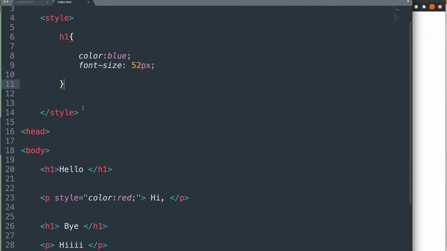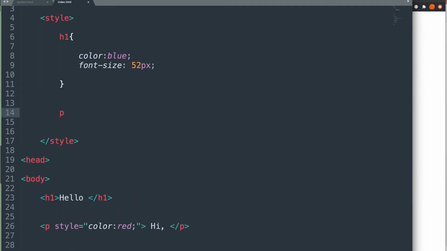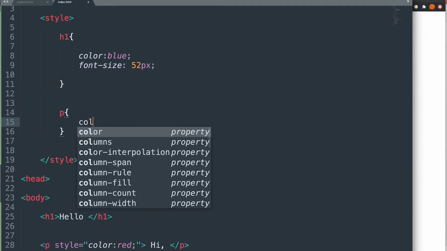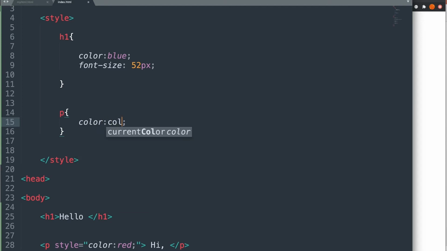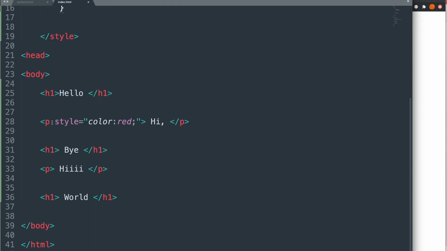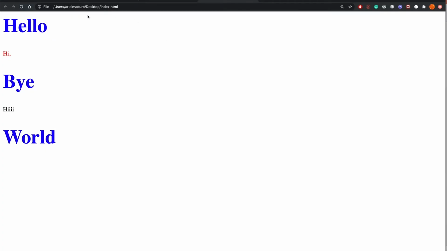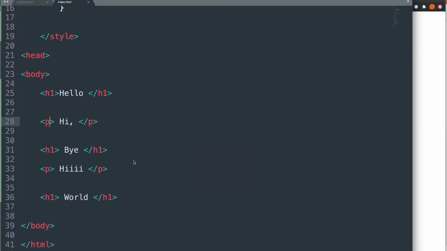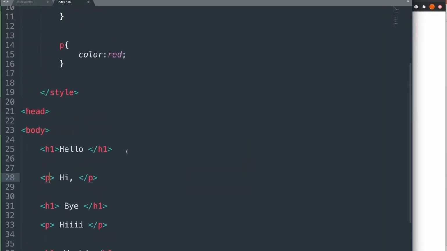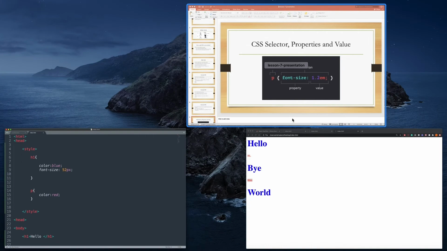Okay, so what about the p tag? Same thing. If we have the p tag here and we want to make this color red, okay, and I'm just gonna go ahead and delete this. Just click save, and there you go. Both of them become red. Okay, so let's go ahead and do the last one,